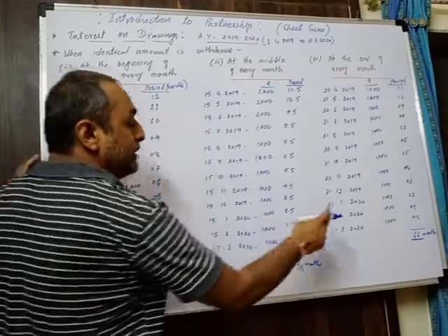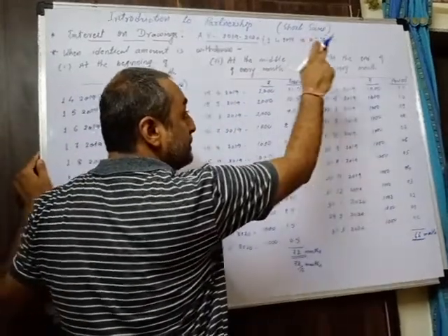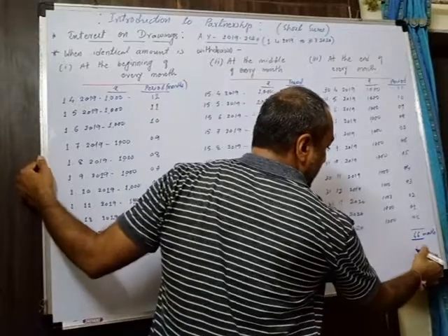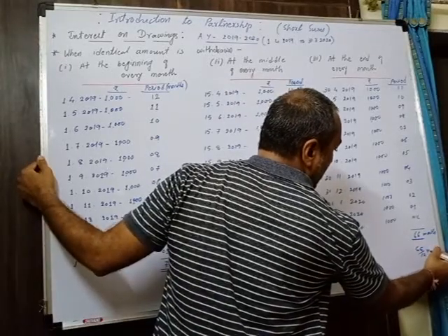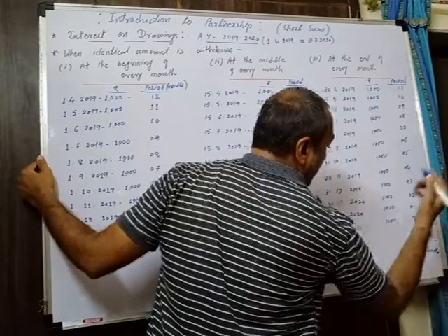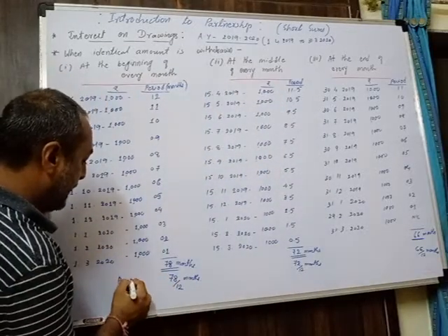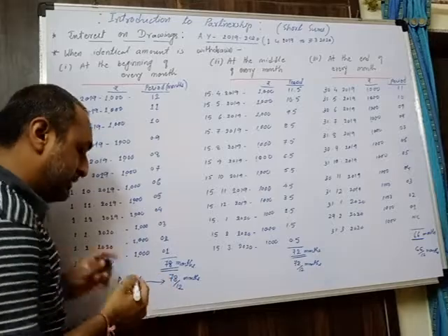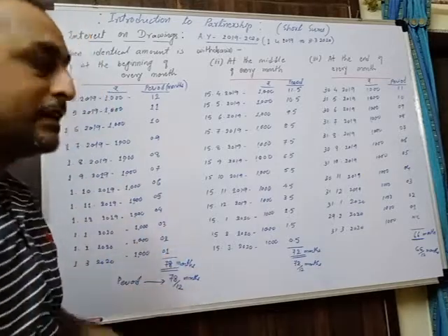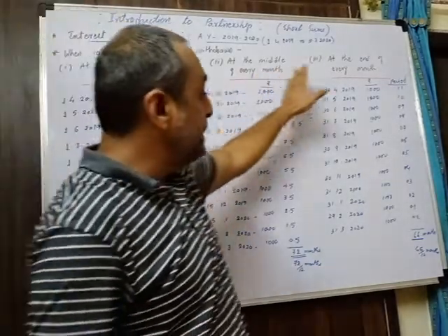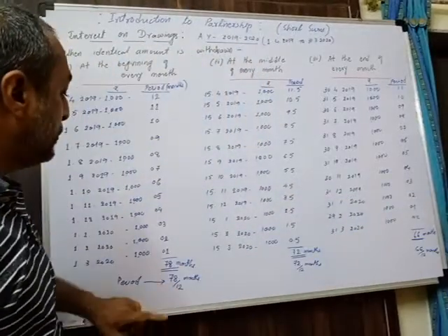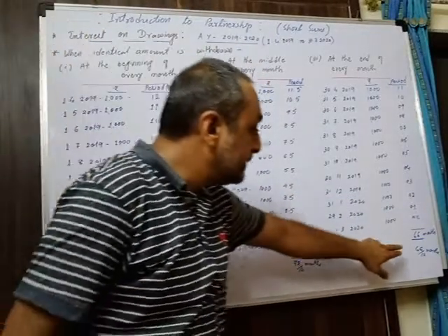Okay, and when the partner is withdrawing an identical amount at the end of every month, the period will be taken as 66 by 12 months. This is the period which you have to keep in mind for the interest on drawings calculation. Okay, this is the basic concept. I have explained it to you with the help of the dates over here.